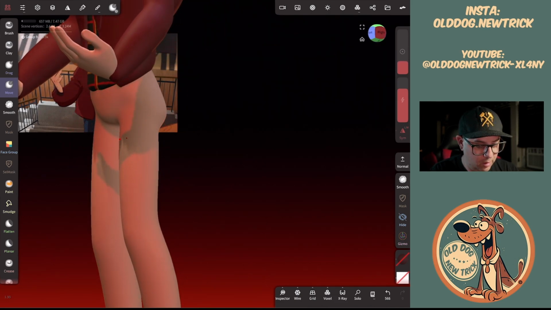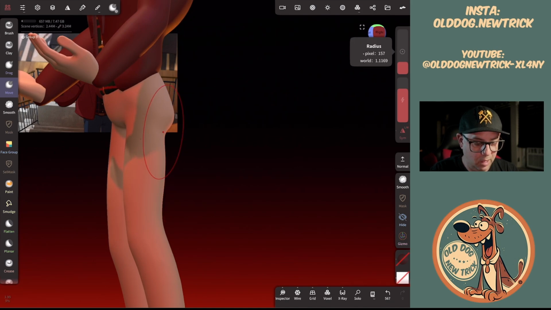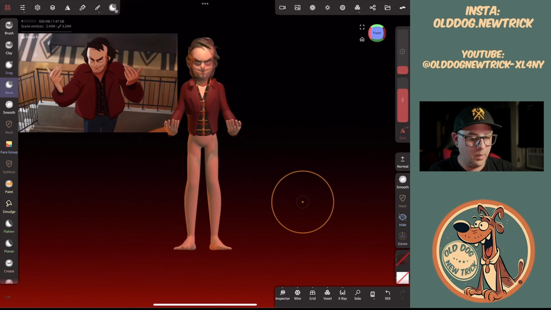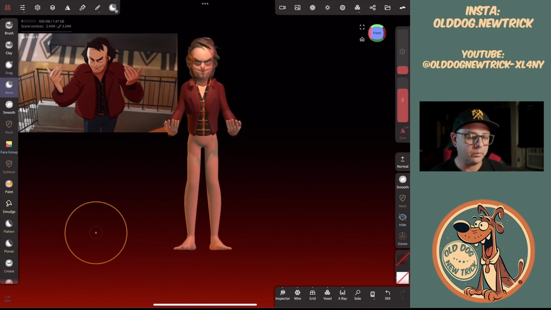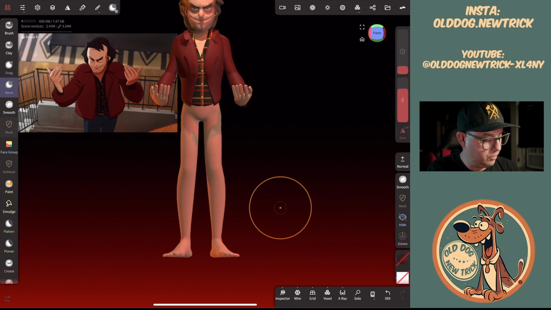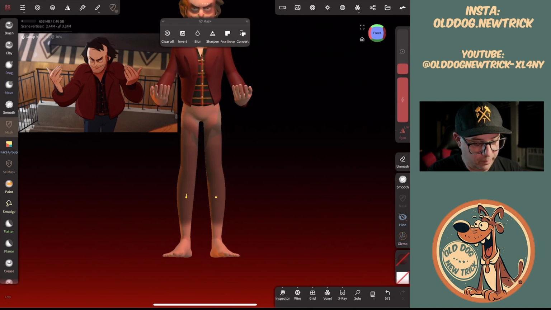Here, maybe he's a little bit meatier. Probably doable there. All right, so these should be pretty straightforward. It's just same process that we've been doing. We'll mask off, turn that off. All of this,